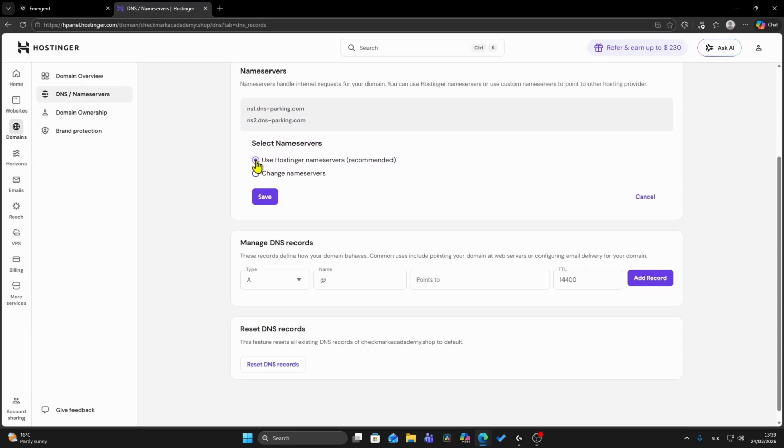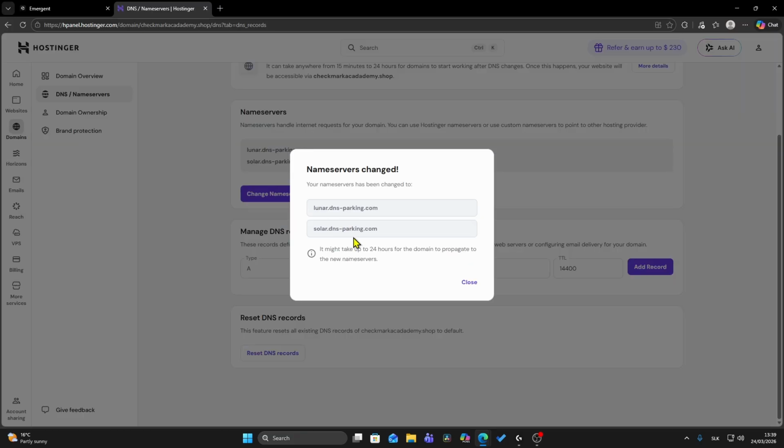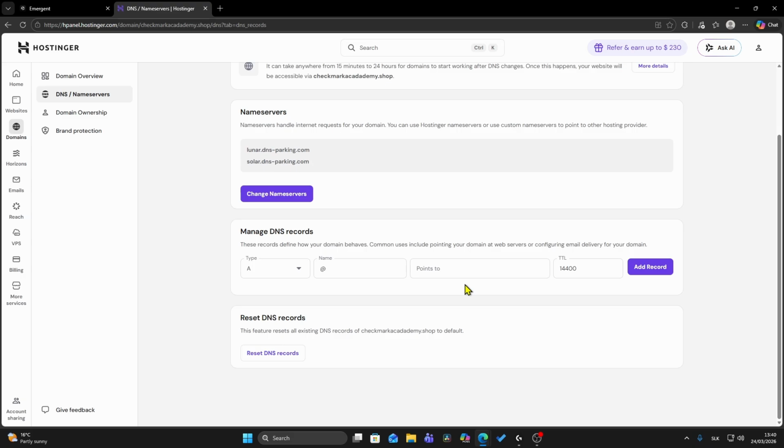So I'm gonna quickly choose the Hostinger name servers for this example. And keep in mind, changing name servers can take up to 24 hours for the domain to propagate to the new name servers, and then it's going to be